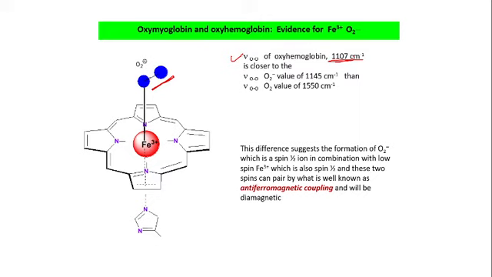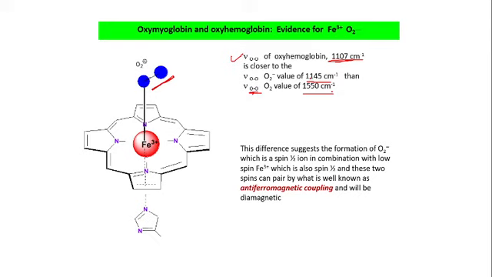The frequency of the oxygen in oxyhemoglobin is 1105, and the frequency of O2⁻ in myoglobin is 1145 cm⁻¹, which is very close to oxyhemoglobin. And the frequency of simple oxygen molecule, not bound to any other biomolecule, is